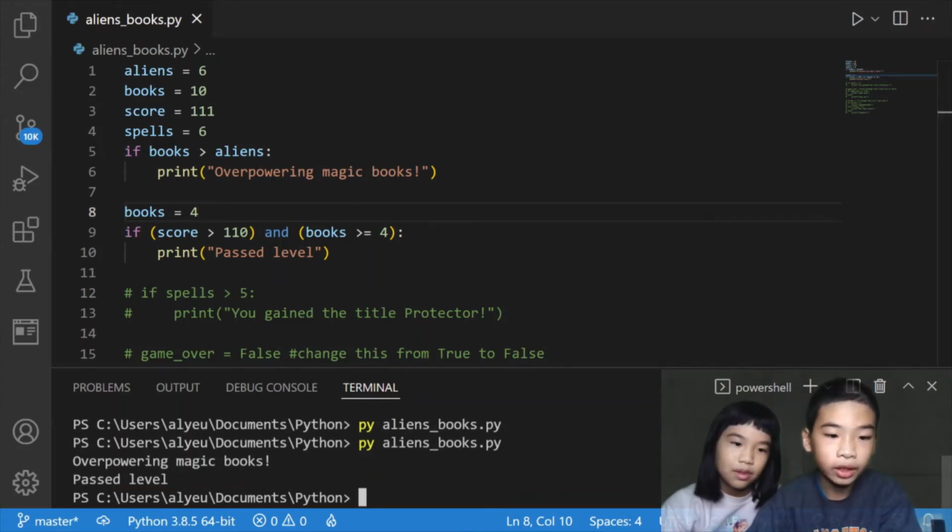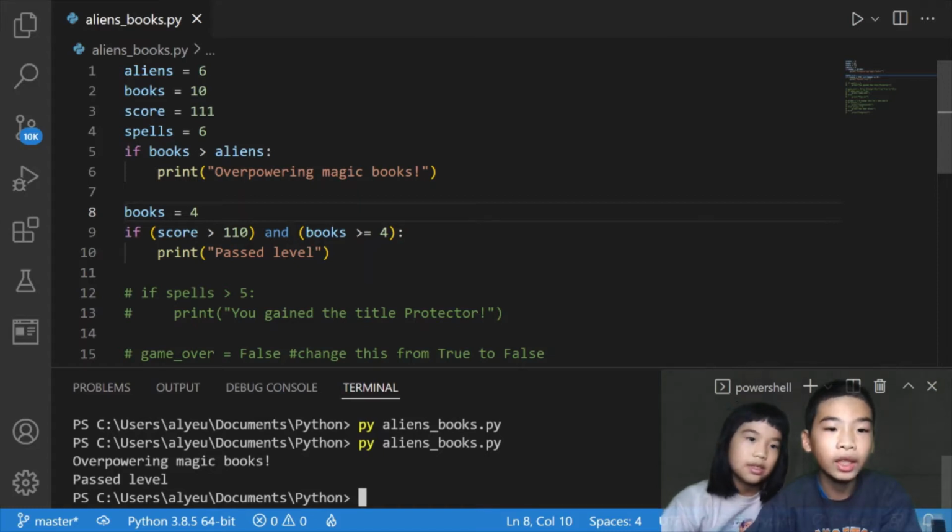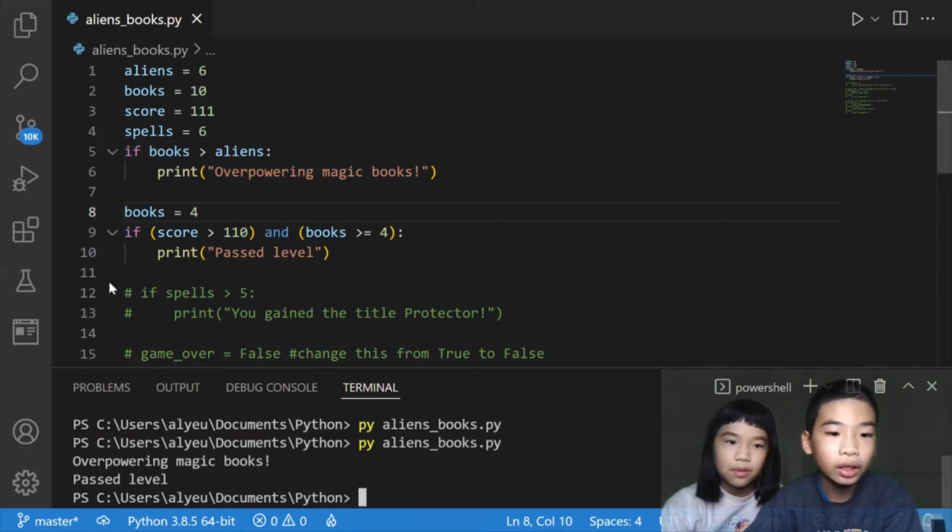So we're going to run it again. It says overpowering magic books, because over here we did not restate the books variable yet. So over here books is still 10. So it also says past level. Okay. So next we're going to do